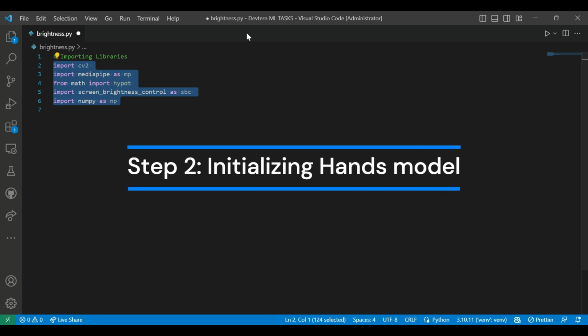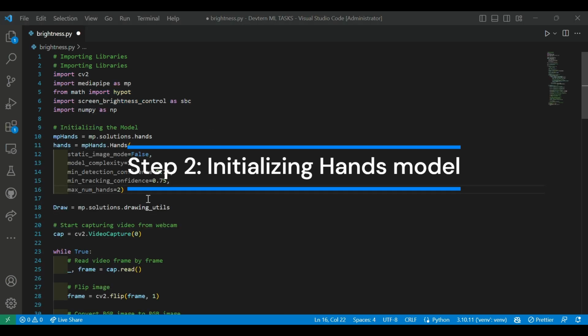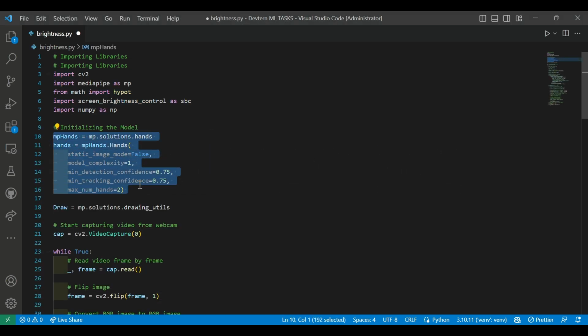Step 2. Initializing hands model. Let us look into the parameters for the hands model. Hands: static_image_mode equal to false, model_complexity equal to 1, min_detection_confidence equal to 0.75, min_tracking_confidence equal to 0.75, max_num_hands equal to 2. Where